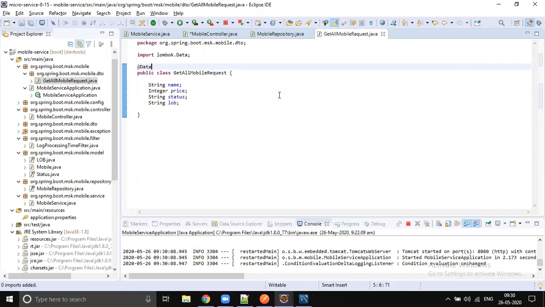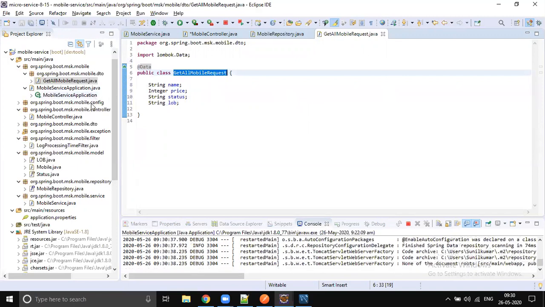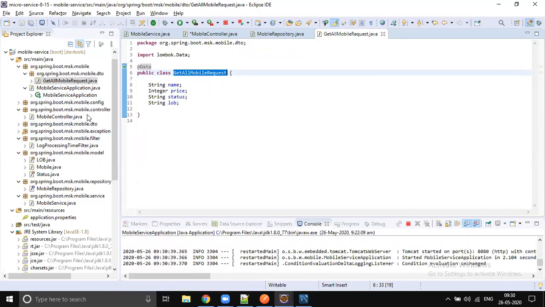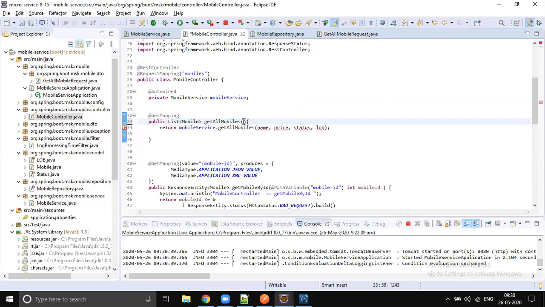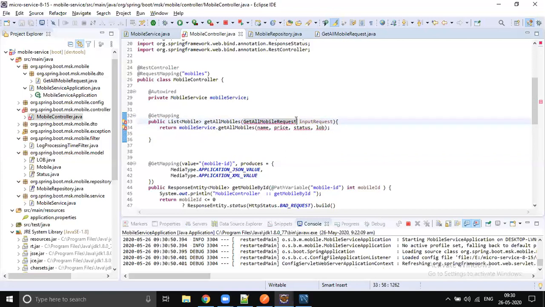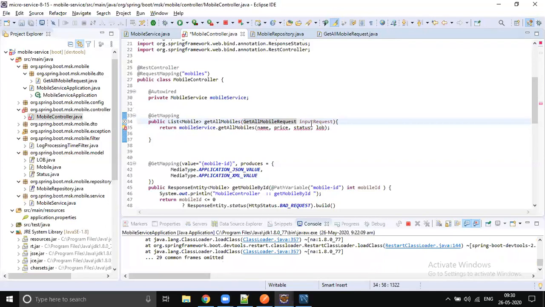Instead of doing so many request params, it's better to take this request as the input request, right? So now this looks much better. We group the parameters into one POJO and send this request itself to the service.